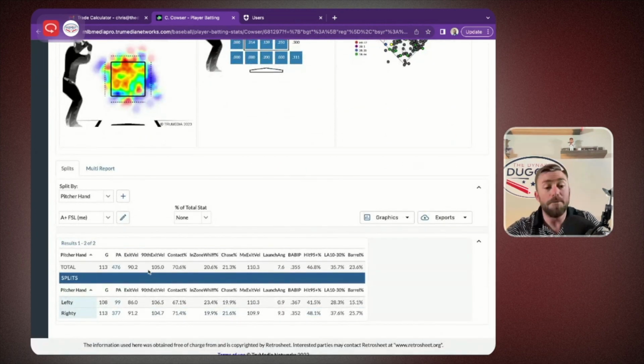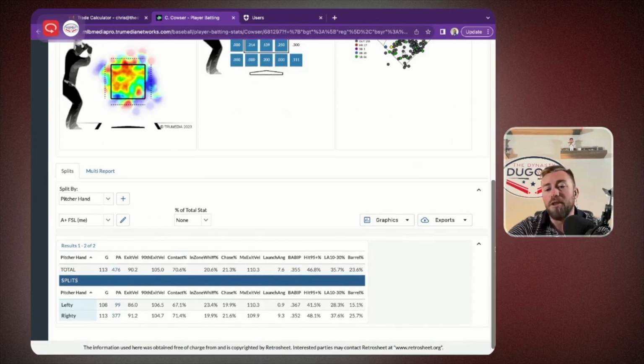Cowser hits the ball hard. It's obviously important to see. Average EV of 90.2 miles an hour, 105 90th percentile, which is well above average. Contact rates are fine. I mean, 70.6% contact, and in zone of around 79, 80%. Still pretty good. He's so patient. He doesn't chase. And I think that's part of the problem